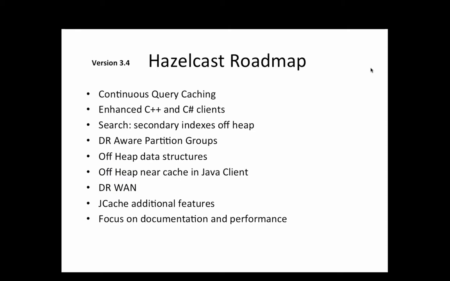They're some of the main features. But looking forward to 3.4, which is going to be coming out towards the last part of 2014, we're going to have continuous query caching. We're going to be enhancing our C++ and C# clients. We're going to take secondary indexes off heap, and there's going to be something called DIY partition groups. Now, DIY will be the ability to set up